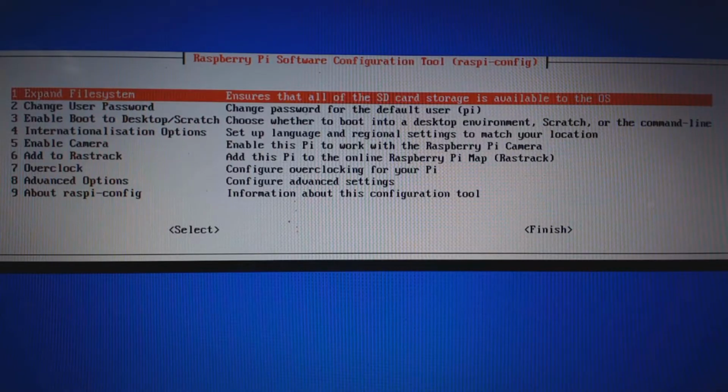Once the reboot completes, you will see a menu with a lot of options. Remember, the mouse will not work in this environment. We will choose one by one with the keyboard arrow keys. No need to choose the first option, Expand File System, because that has already been done as we are using the NOOBS installer. Come down to the second option with the arrow key,